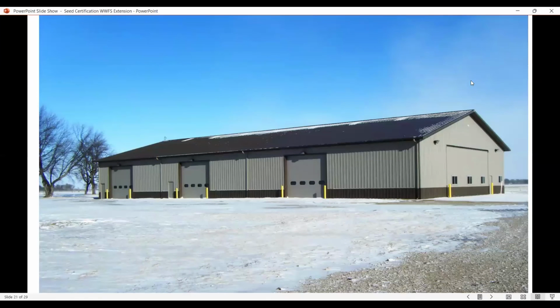and put up a building over there for storage. The building is set up where there are 3 bays. The 2 on the left-hand side are drive-through bays, and there's 2 projects in each bay. The south bay we use for basically large equipment storage over the winter. And we'll also have field days, and we'll do our inspector training in this bay.